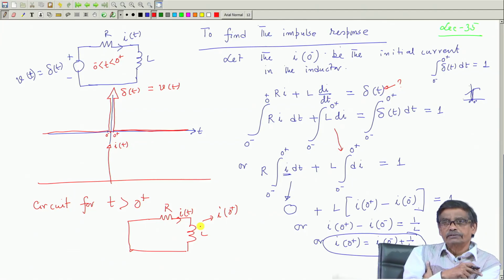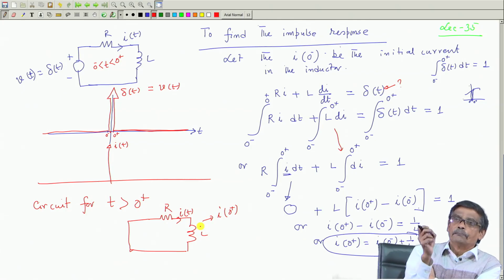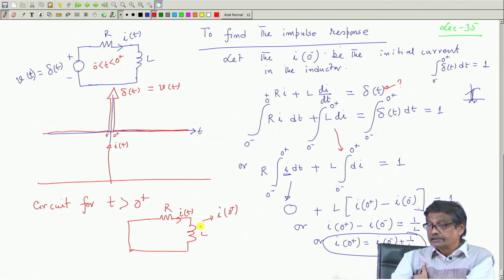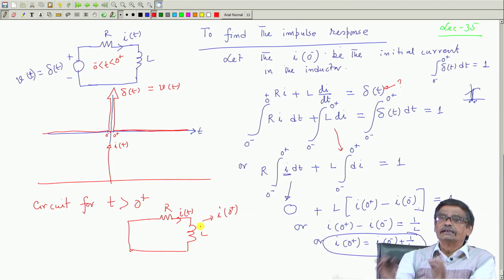if it was I 0 minus 1, then in that interval 0 minus to 0 plus, the current will have a step jump. What will be the value of the current? The impulse does this one: it changes I 0 minus to I 0 plus. That is what the impulse does, and after that the impulse is not there in the circuit,